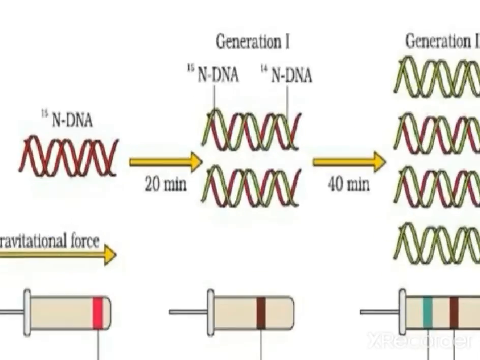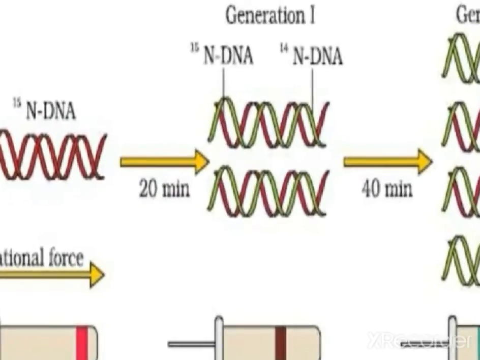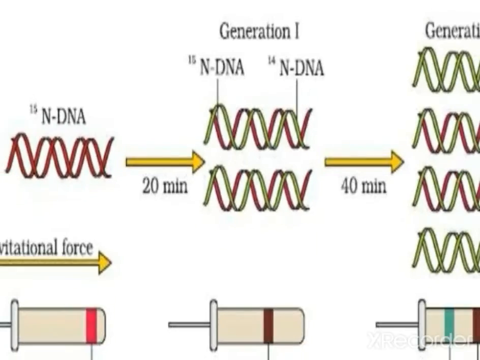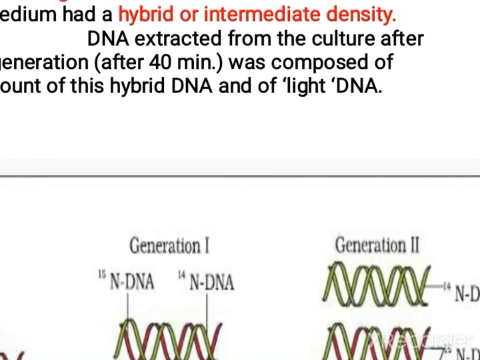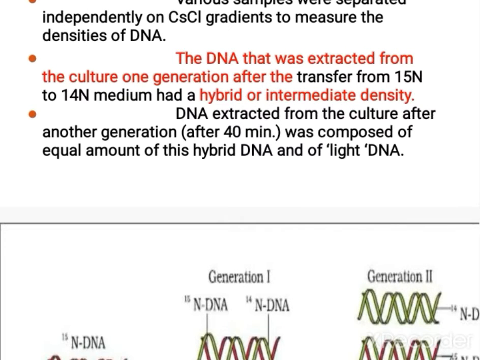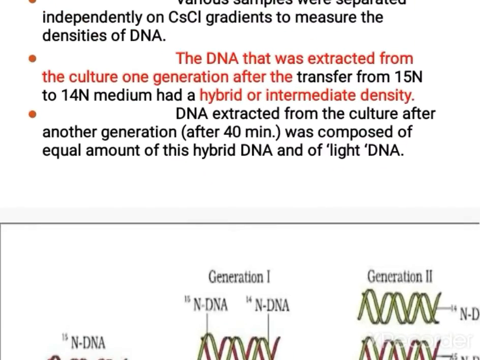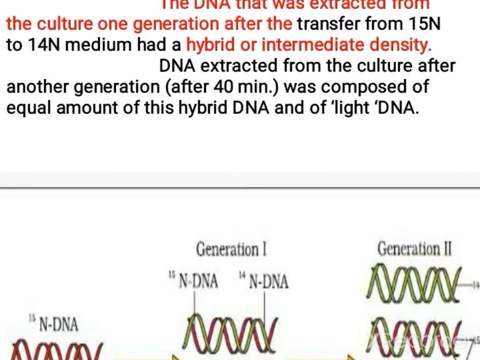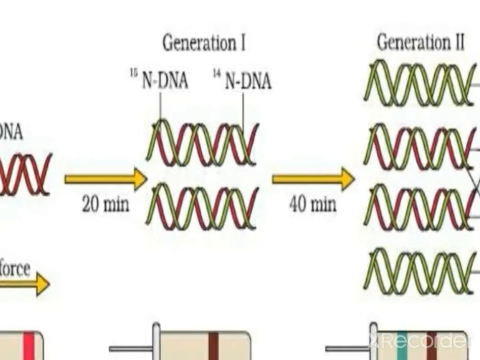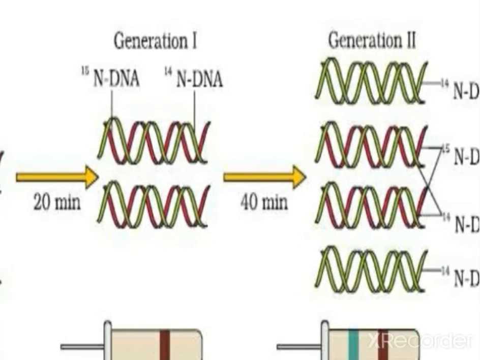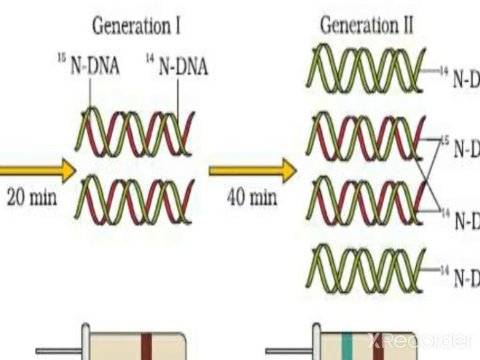Every 20 minutes they tested the DNA strands present: the first 20 minutes and the second 20 minutes. Then they took the extract and analyzed it by means of centrifugation, testing the culture medium. The first one, with the heavier isotope, settles here, the second one settles at an intermediate place, and the third one settles in two places, one at the intermediate place and the other a little bit higher.